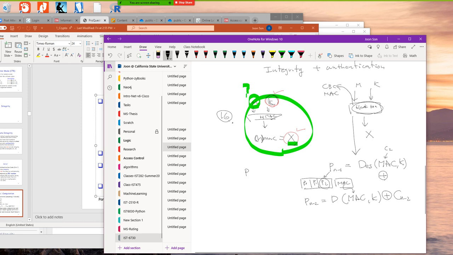So basically, I think at least the receiver can easily compute the P2, but not all of them, right? But at least P2 immediately. But anyway, so